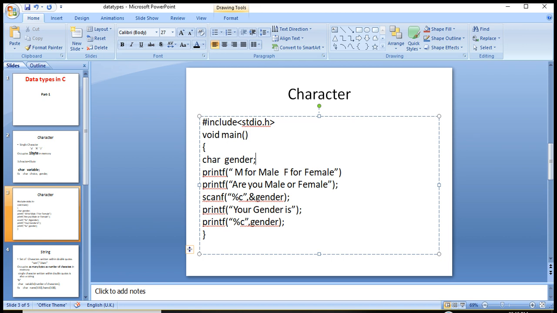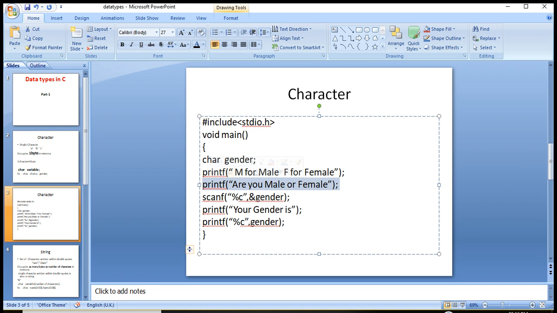Then the C compiler will read the next line. This will show a message, are you male? Or female? The user of the program will enter M or F. Whichever character is entered by the user will be stored into the gender variable.